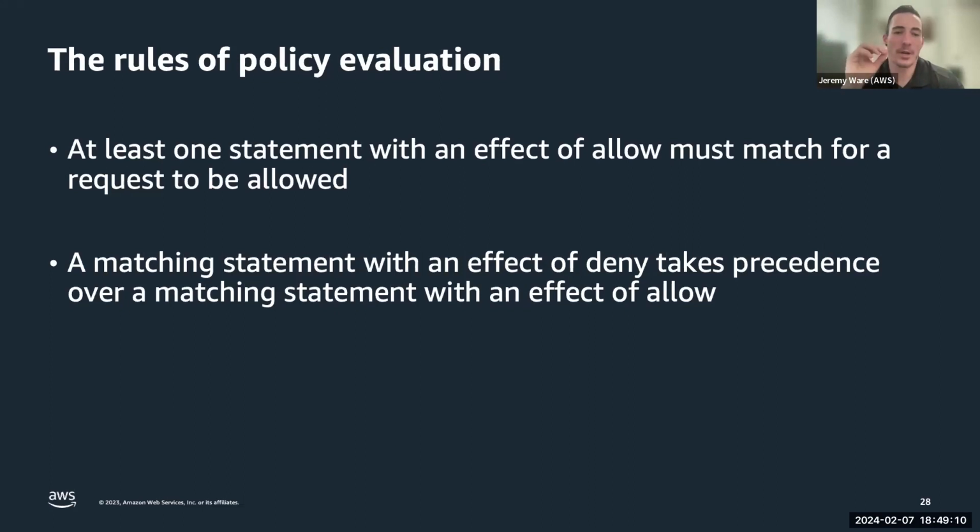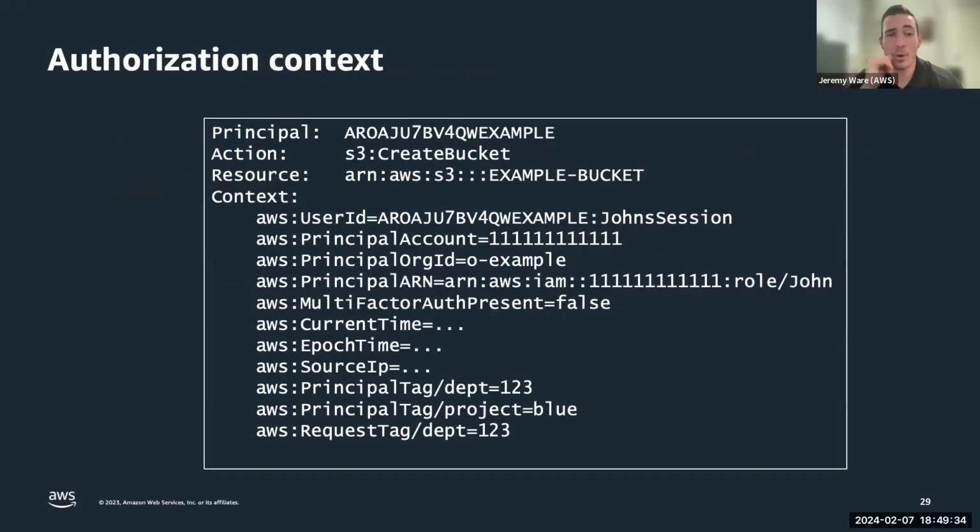The biggest point to harp on, and we'll cover it at the end as well, is that AWS policy requires during evaluation an explicit allow. We have explicit denies that we adhere to, and we have implicit denies that we adhere to, but there is no implicit allow across AWS. No action will implicitly grant access. Really, really important. A deny also always overrules any allow. So if I have an allow in my identity policy, my session policy, and my resource policy, but I have a deny at the SCP, the deny wins.